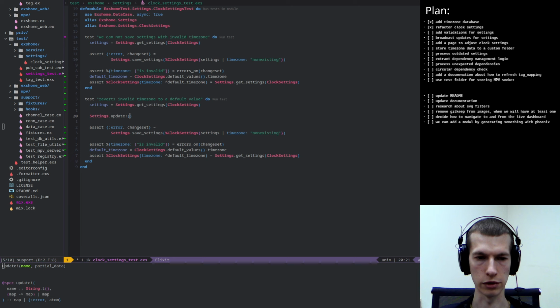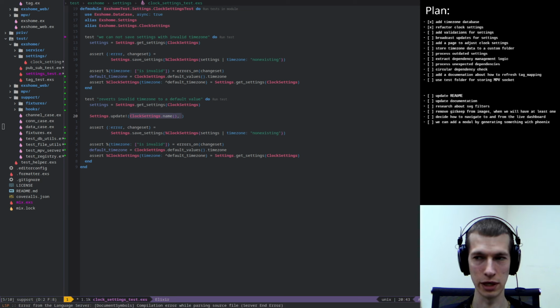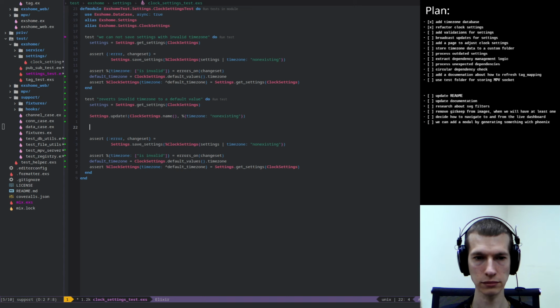update clock setting. Okay, it's like a little hack here. Okay, clock settings name and time zone will be non-existing. We'll assert that time